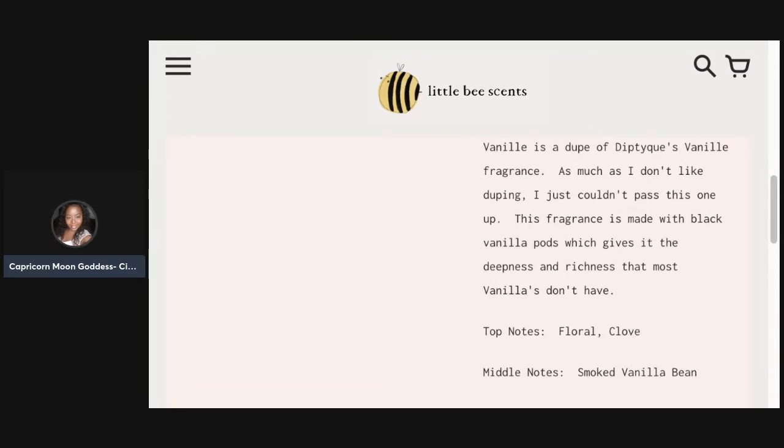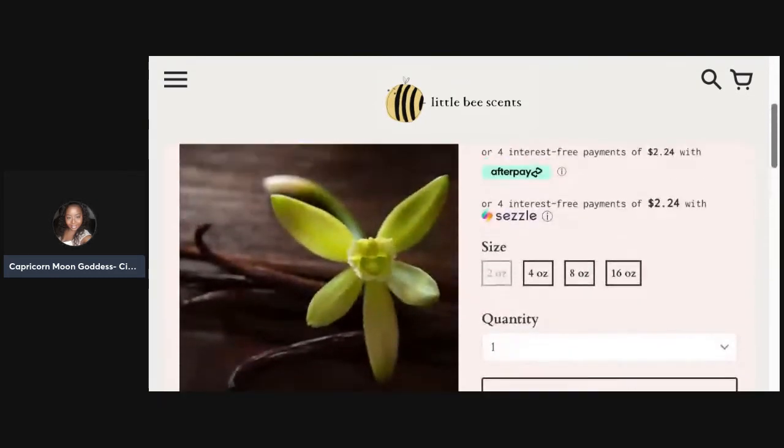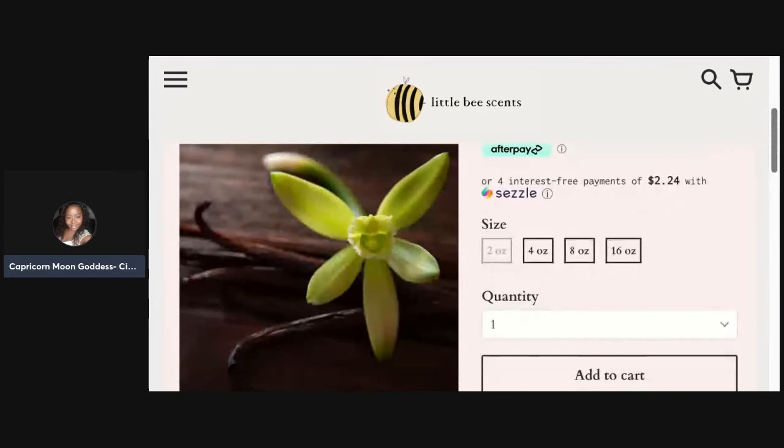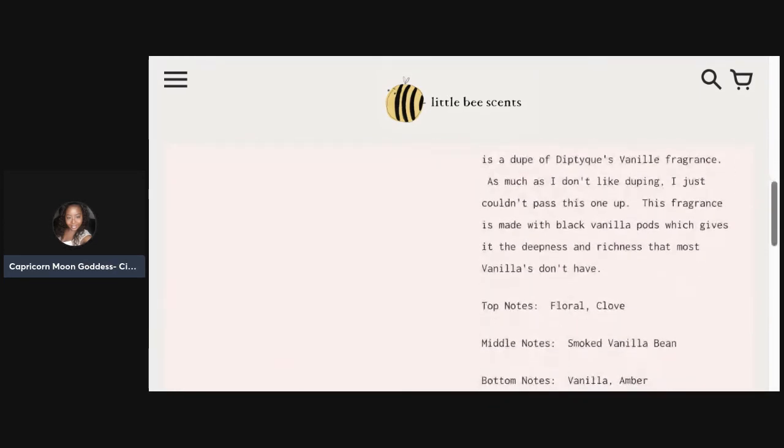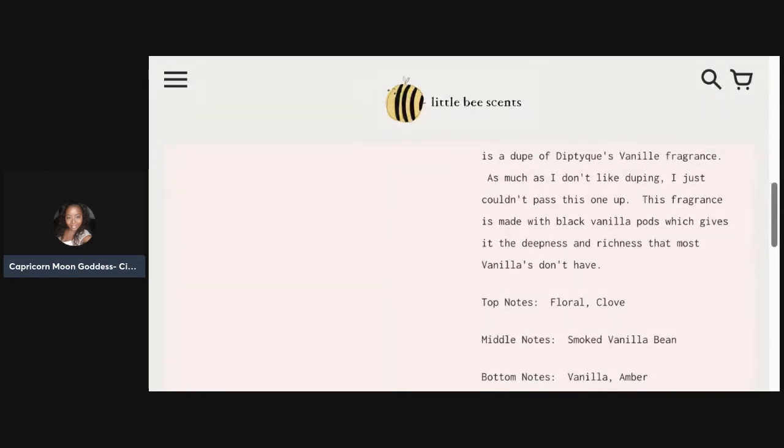So if you are going to use this, you want to make sure you name it appropriately so people understand it's not going to be a bakery cakey type scent. This is more of a true vanilla bean, vanilla extract with some floral. So I'm going to save this scent strip and come back to it later. So that is Milli Vanille or Milli Vanilli, child. I don't know. Okay, so let's move on to Plum